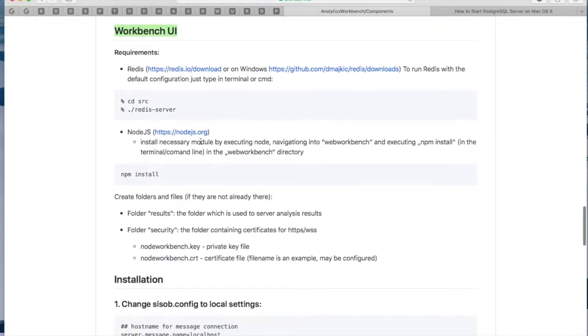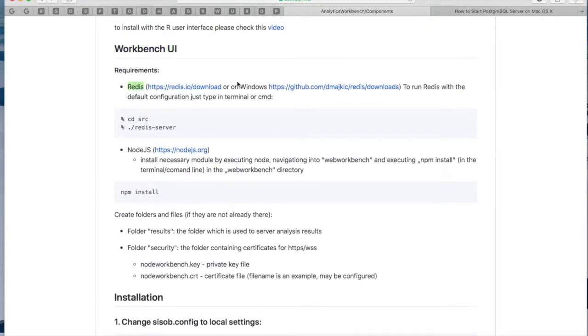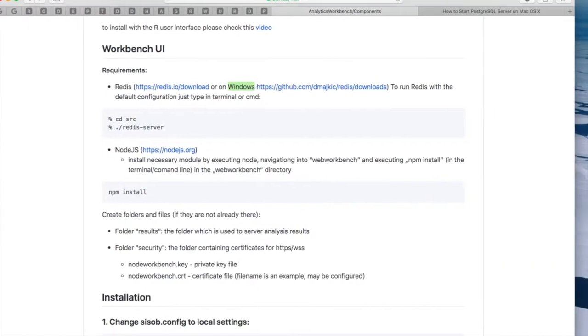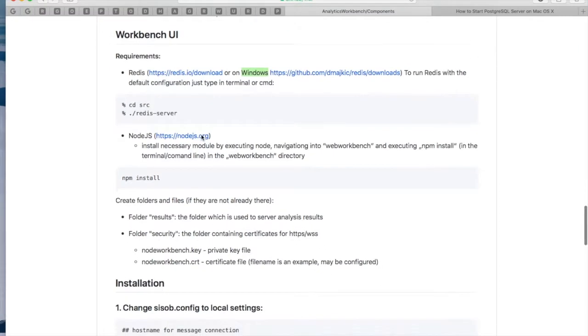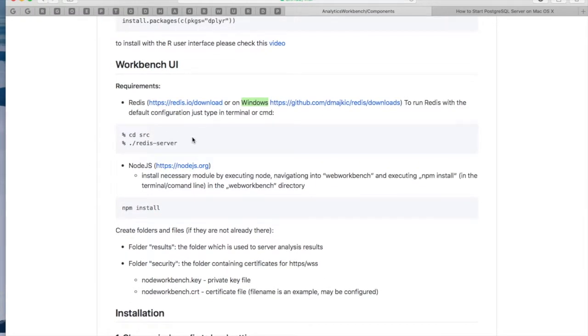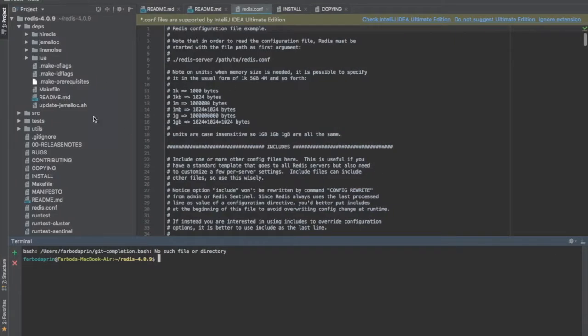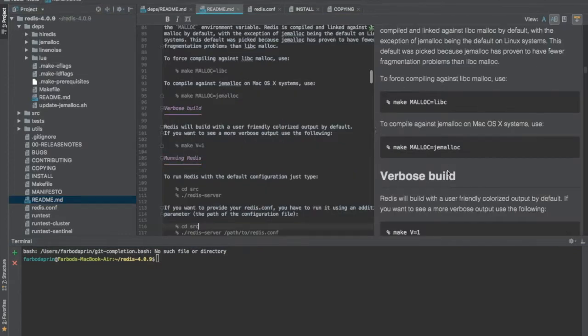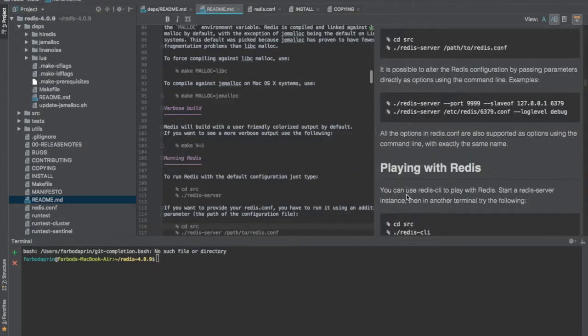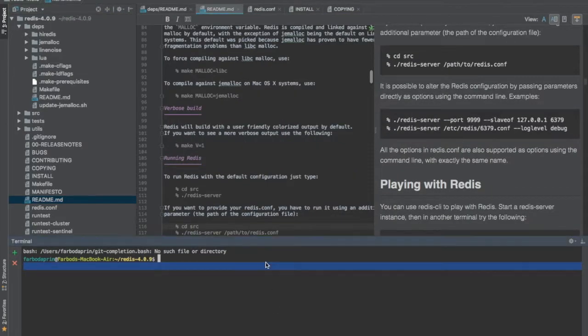So let's go forward. What we need also is to install Redis. You can download Redis as a folder, and also there on GitHub you can download it, I think. And we need to run the Redis server. So to do that, I'm going to the Redis folder. So here's the Redis project, and the README file, you can see they mention it in detail. We just go to the source library,